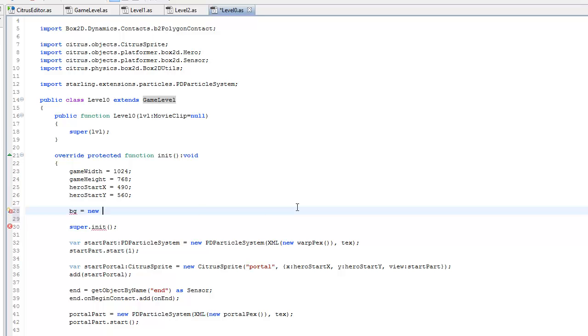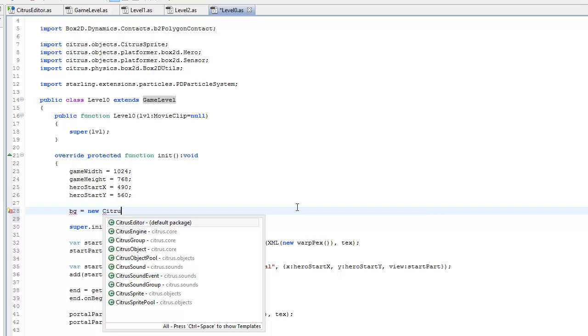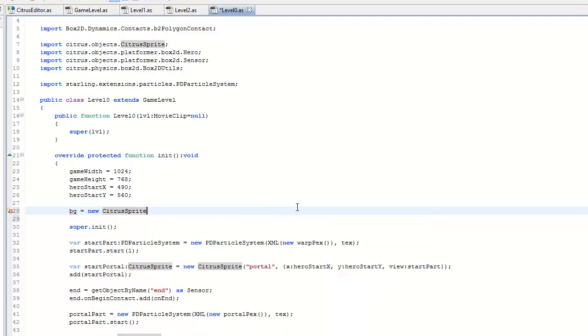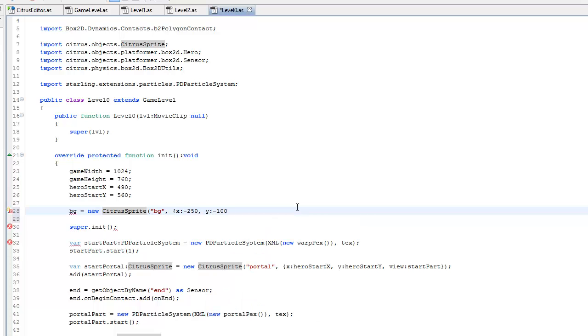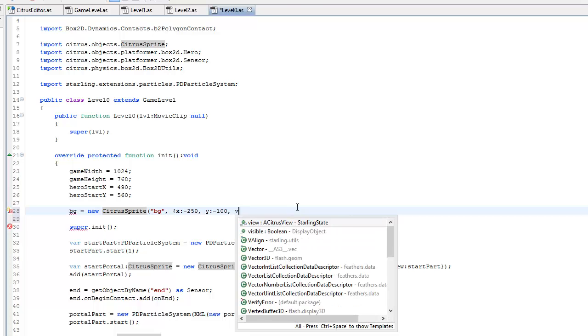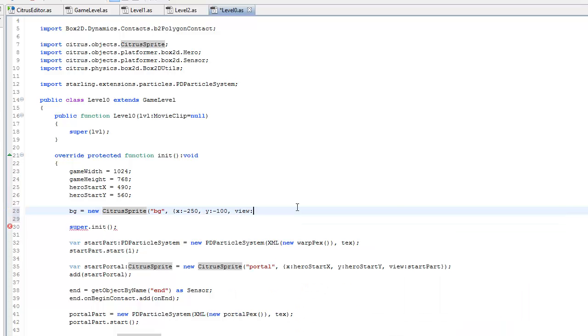Is it going to be a new citrus sprite? We'll just call it background. And we're going to pass in. I had to play around with this for a little bit to figure out the location. X and Y is 100. And we're going to give it a view of